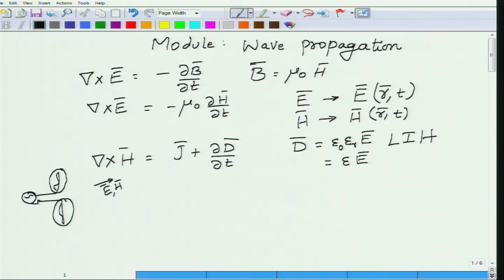It is the current at the antenna surface. But what we will be assuming is that we are very far away from this region. No doubt currents are there. Currents are the reason why we have magnetic and electric fields and hence the electromagnetic waves, but we will be considering the electromagnetic wave behavior at a very far away distance. Because of that, I can safely turn off J, only because we consider